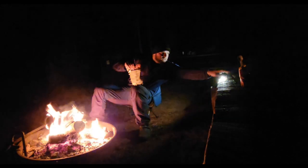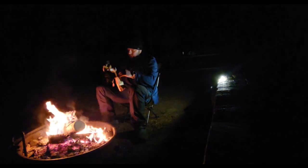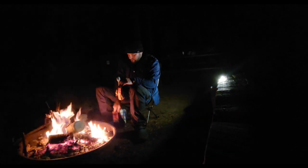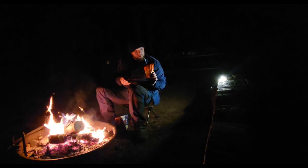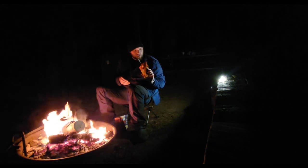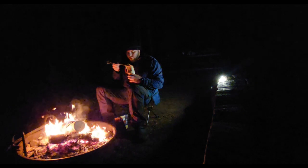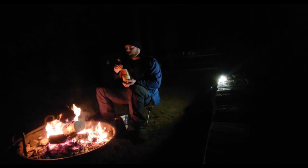Got quite the array of food tonight. Got a backpacking dehydrated meal, smokehouse chicken with rice and beans, and a little extra rice in those boil bag things of rice with a little bit of tuna mixed into it. So, might have a little left over, but